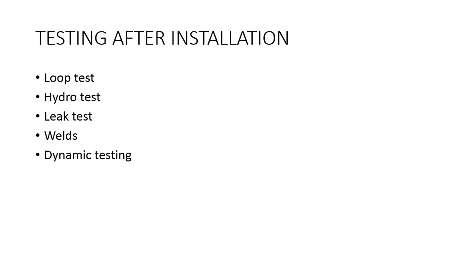Next is the leak test. This test is also done at valve manufacturer location. However, if the valve is not handled properly, there could be a possibility of leakage. Hence, sometimes leak test is performed to make sure that the same leakage rates are maintained. Next is the welds. If the valve is with butt weld end connection, one has to be very careful to make sure that the valve will not be damaged by the heat generated during welding.